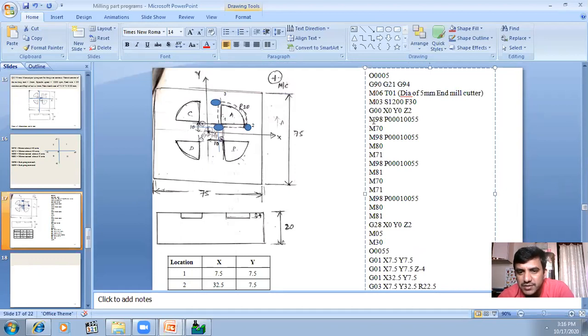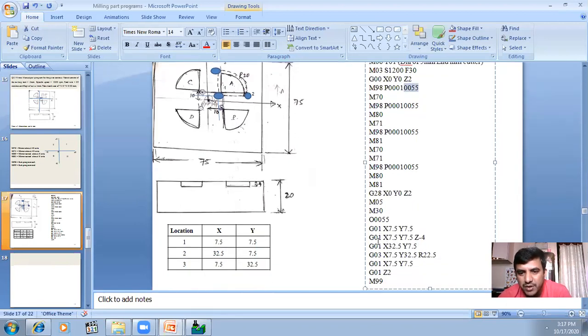Once the machine reads the sixth line, M98, subprogram call, next it will understand how many times the subprogram has to repeat, only one time. Then where is the subprogram? It will search all the lines in the main program. At the end of the main program, the cursor will come and execute all these lines. After you give M99, the program ends and the cursor will move on to the next line, M70. The first process is over, the first quadrant has got the pattern.